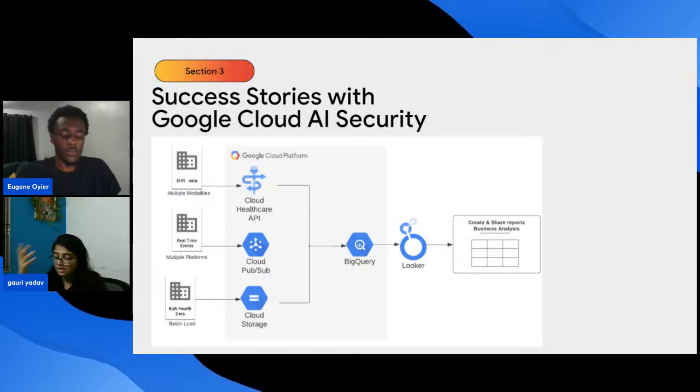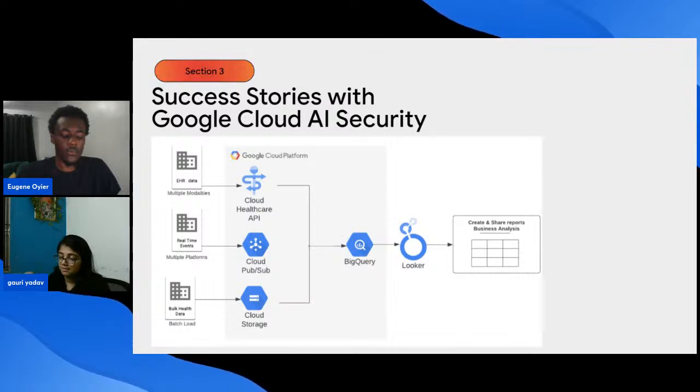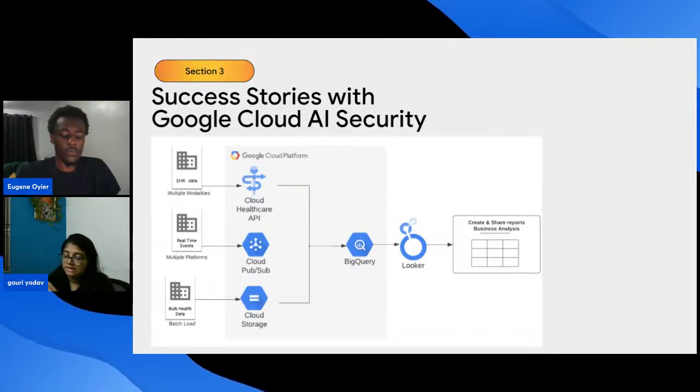Even though there were multiple threats, they were not able to figure them out, and they were not getting alerts in time. How bad is it that you have a threat and you are not getting an alert for it? Then there was slow incident response. What is slow incident response? If you are not getting the threat alert in time, then how would you be able to perform methods to stop